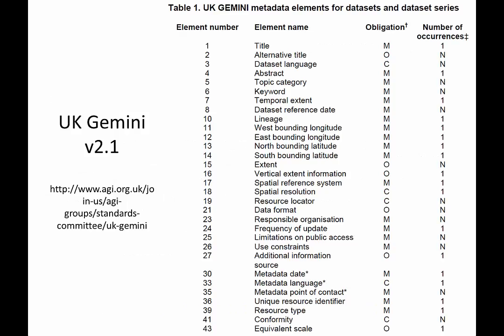Gemini, really quickly. Okay, so here's Gemini. Gemini, I understand, is the UK government spatial metadata standard. And this is from the documentation here. So here are the metadata elements, listed 1 to 43. We've got a name for each element. As we can see, some of them are spatial, some of them titles, topic categories. These are all the fields. We've got a list of whether they're obligatory or not. M for mandatory,